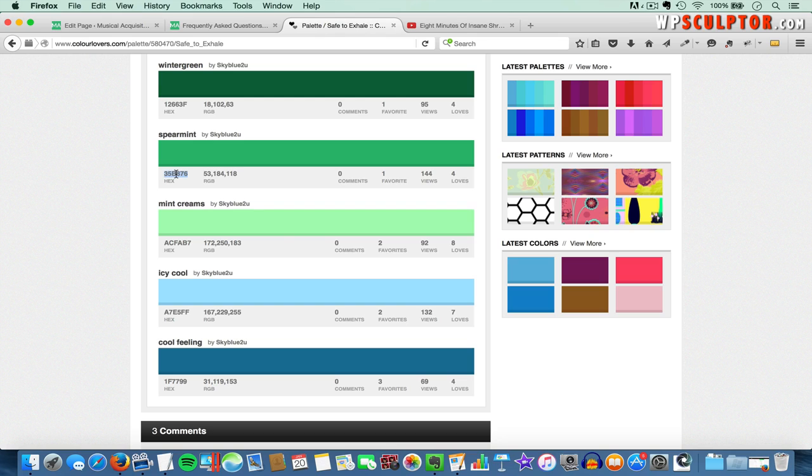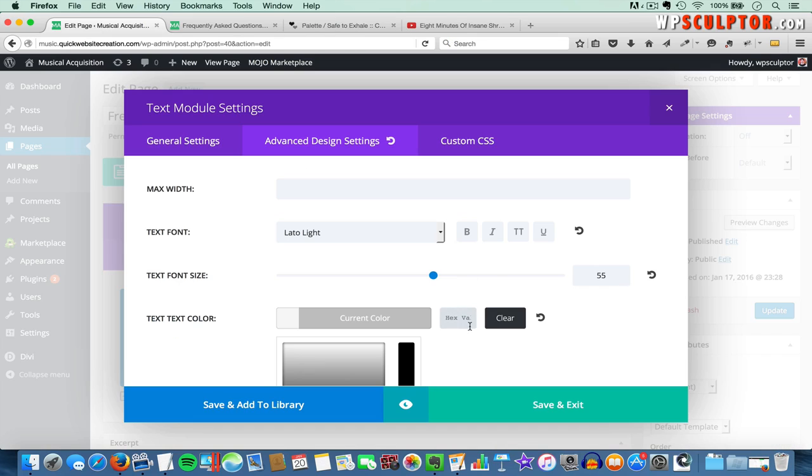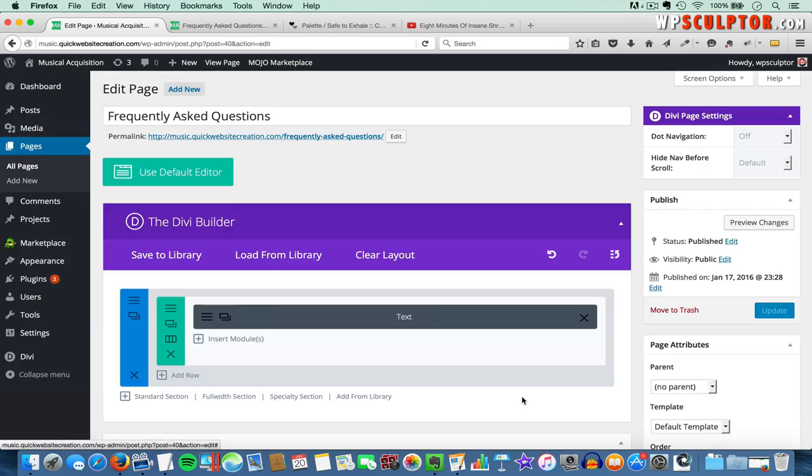Grab the green from our color palette and paste that in here. All right, and then the next thing we're going to do is use an accordion module, and this is just a neat way to display the frequently asked questions so that only one question and answer will be shown at a time, but they'll be able to see all the different questions,